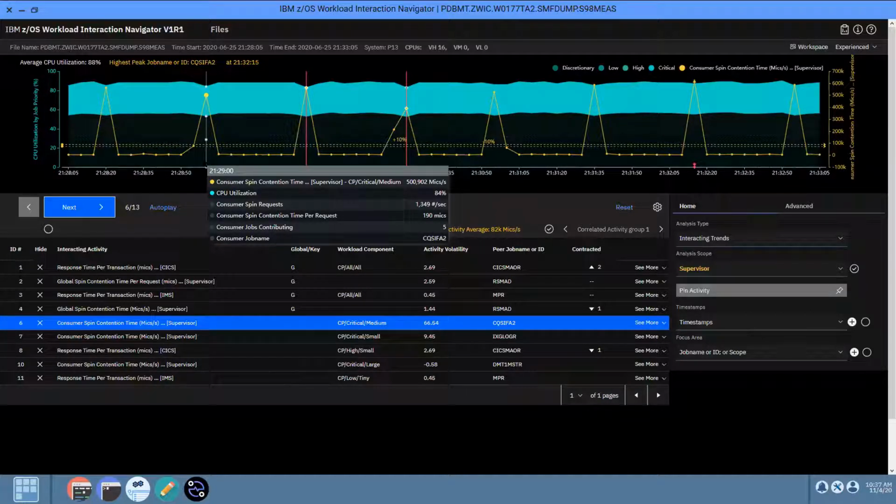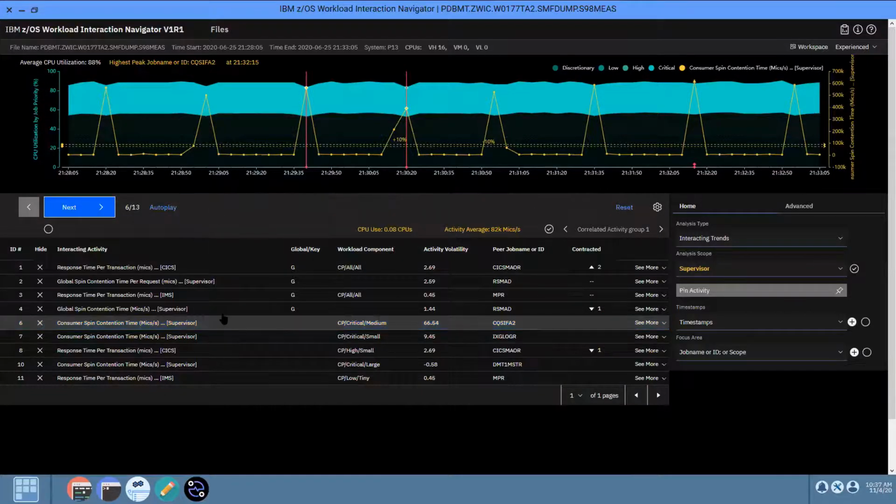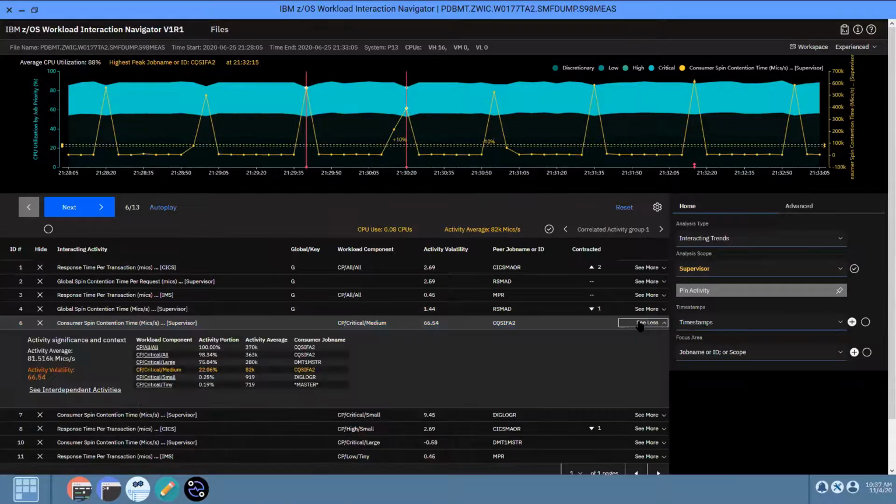And at every one of those CPU utilization values, there is contention on resources for the common queue server address space. And in this case, it's correlated with the RSMA DLock contention. So you can say, well, CQS IFA common queue server address space is experiencing contention on its RSMA DLock at these CPU utilization valleys. If you click the See More button, we can get some more information about